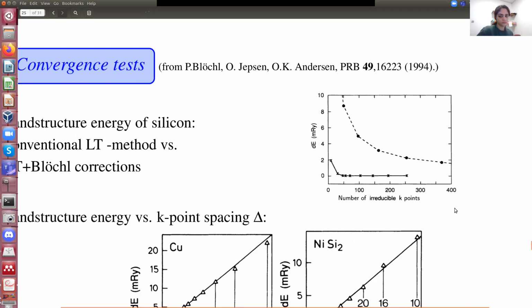So you see that, for instance, if you take this system, it doesn't make any sense to take 250, because at 50 you have exactly the same energy. To use 250 will just take ages to converge, but you don't have any difference in energy. Instead, the difference you see is between 1 and this 30. You see that here there is a hell of a lot of difference. So if you take just this single k-point, it is wrong. But if you take this one, it is equally wrong in the sense that you still get meaningful results, but it will take so much time and you're actually wasting time.